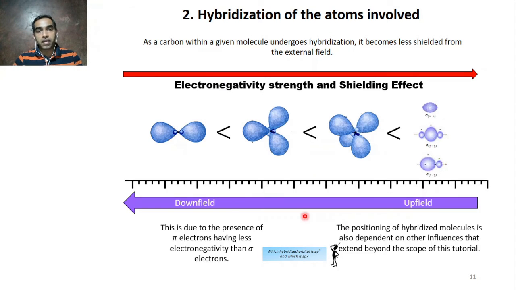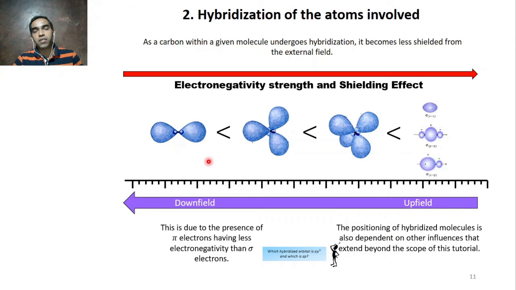And another important factor which governs chemical shift is hybridization. So hybridization, if it is sp, sp2, sp3, they show different chemical shift. It is mainly because of anisotropic effect. I will come to that later. The sp2 hybridized will go downfield, sp hybridized will be somewhere here, and sp3 hybridized will be somewhere here. Actually you can think that sp hybridized should go most downfield, but there is something new effect, that is anisotropic effect.